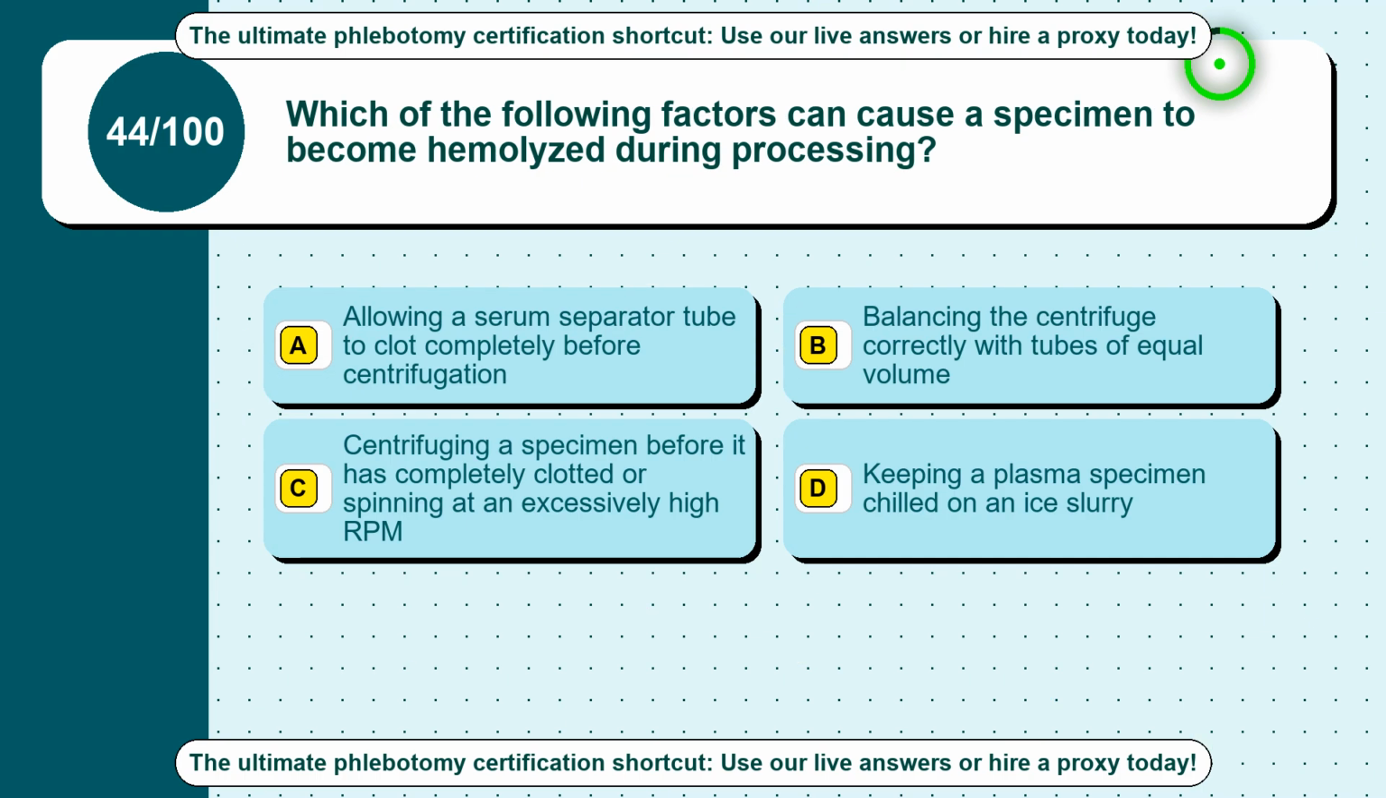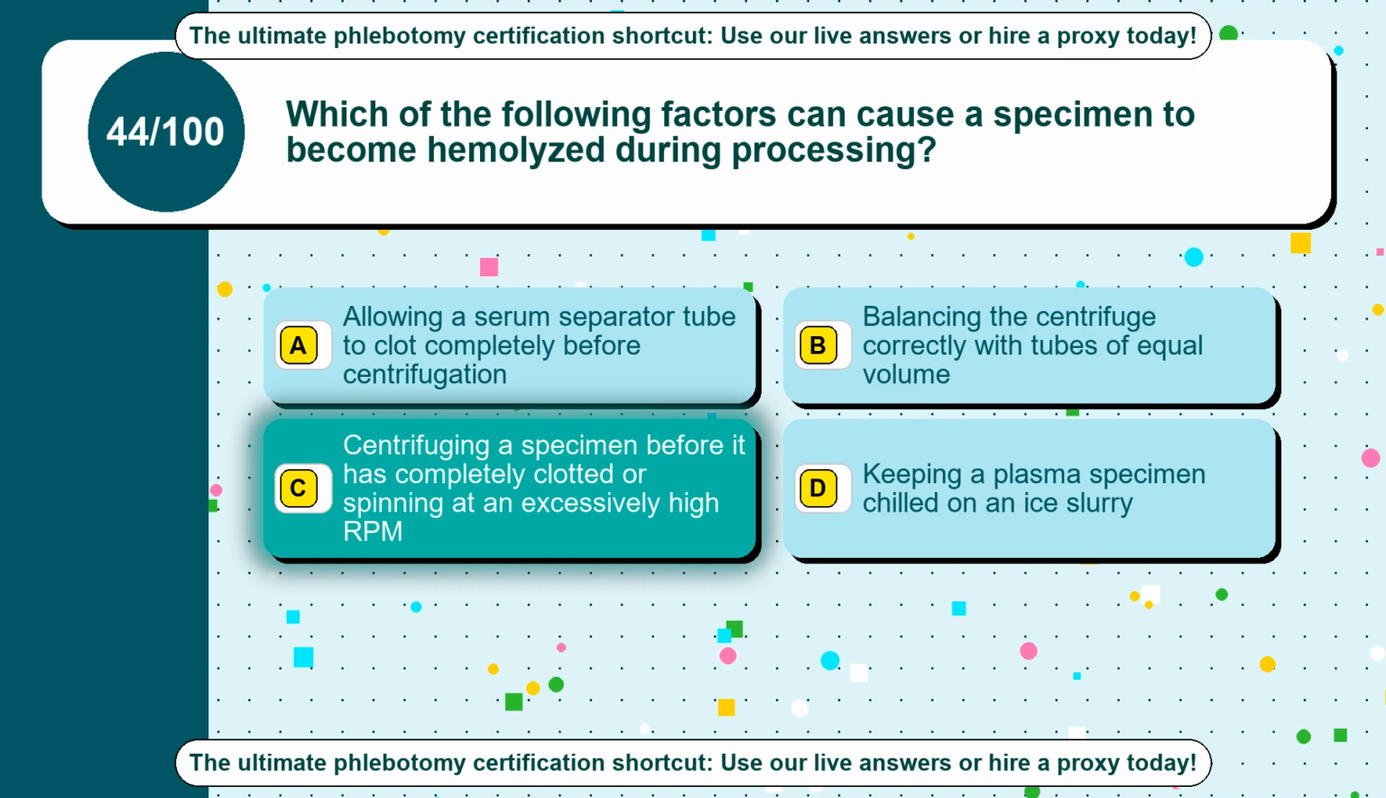Question 44. Which of the following factors can cause a specimen to become hemolyzed during processing? Option A, allowing a serum separator tube to clot completely before centrifugation. Option B, balancing the centrifuge correctly with tubes of equal volume. Option C, centrifuging a specimen before it has completely clotted or spinning at an excessively high RPM. Option D, keeping a plasma specimen chilled on an ice slurry. The correct answer is option C, centrifuging a specimen before it has completely clotted or spinning at an excessively high